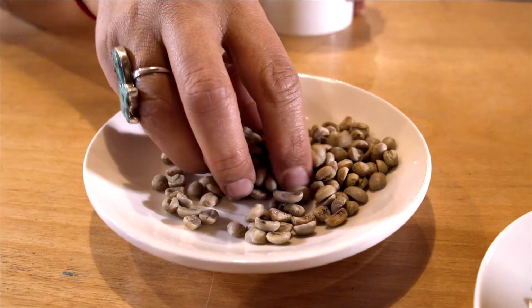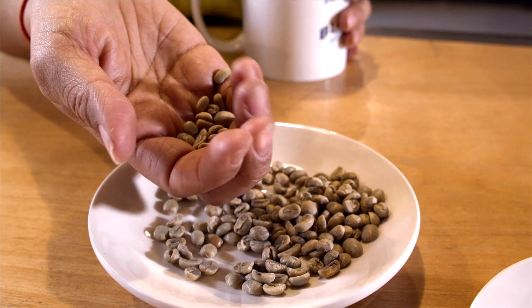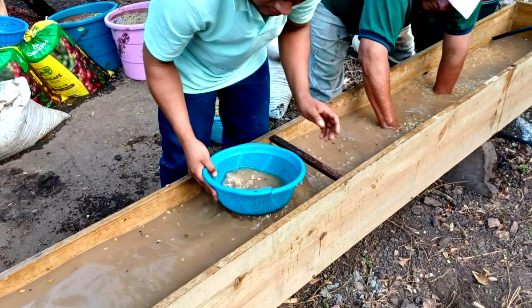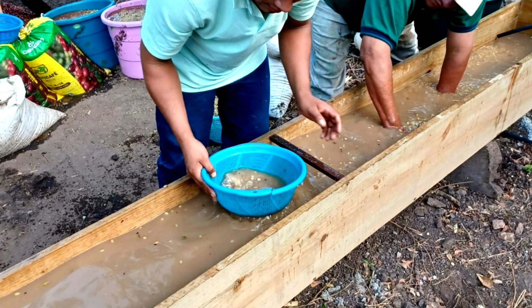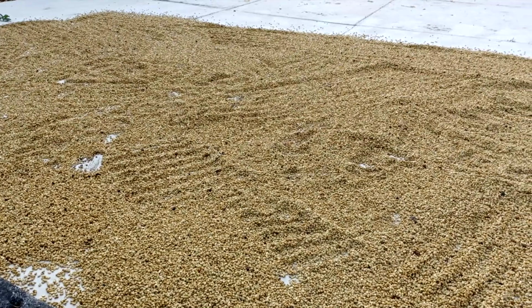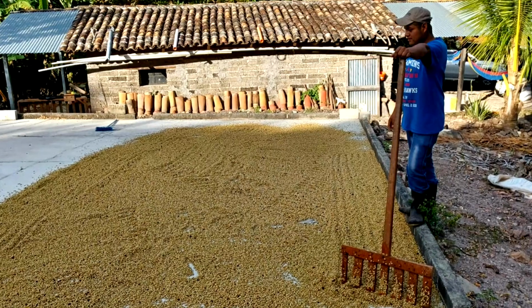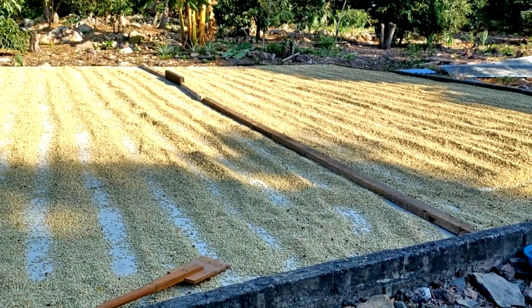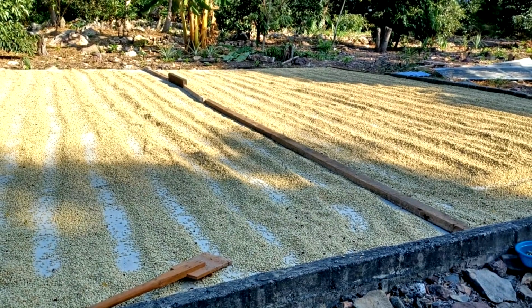And then the beans are pulled like this, but they're still in a honey. It's called the honey fruit. Oh. There's another layer, and those again get washed, and whatever floats gets pulled aside. And then from there, the beans are let to sit overnight one more time, and then they're put out on patios to dry. The beans still have a hard layer, it's called parchment, on the bean, and so from there it's